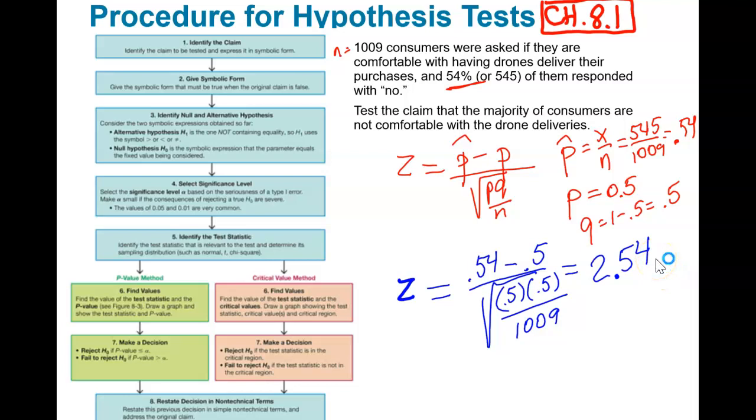Now, what is the test statistic? The test statistic, in this case Z, is a value used in making a decision about the null hypothesis. It is found by converting the sample statistic into a Z-score. A sample statistic, P hat in this case, or X bar if we're talking about mean, or S